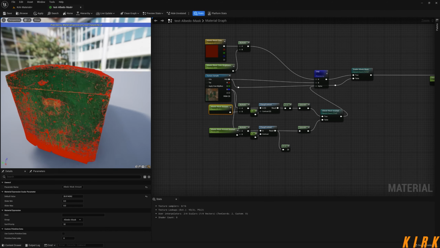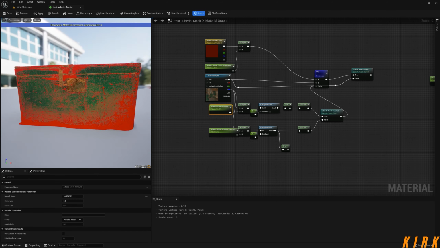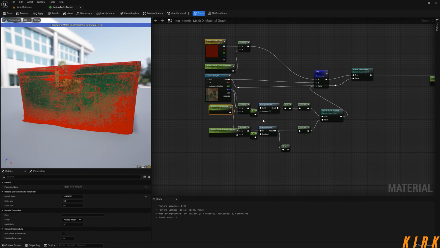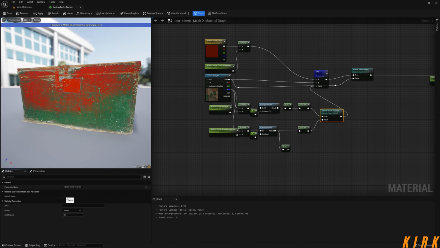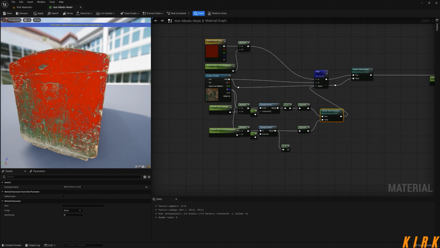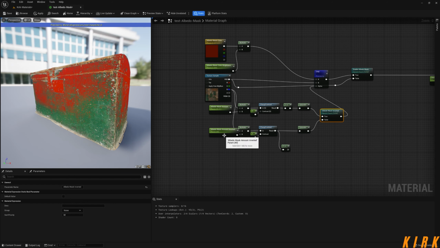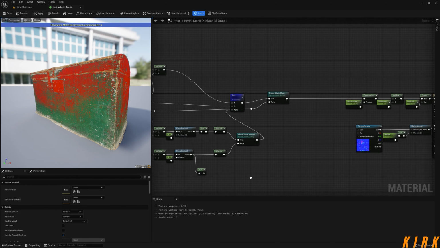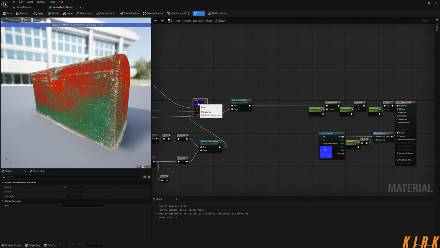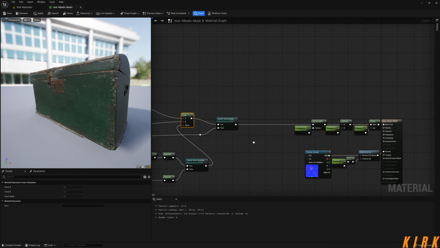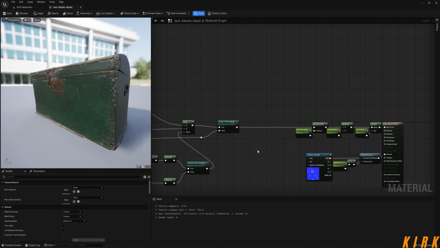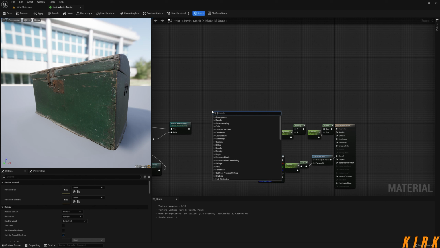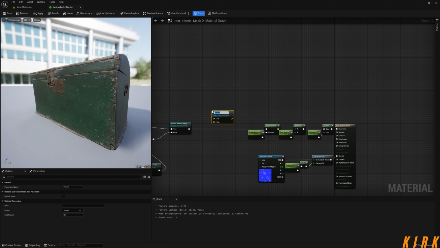Right, so yeah, like I say, now we've inverted our mask and we've got it both ways. We're going to set this to a false by default. So we're just using this one, which is fine by me. So yeah, let's set up this other bit, what I was talking about, where we can randomize our color selection. We'll right click and get a switch parameter. Again, and we can enable